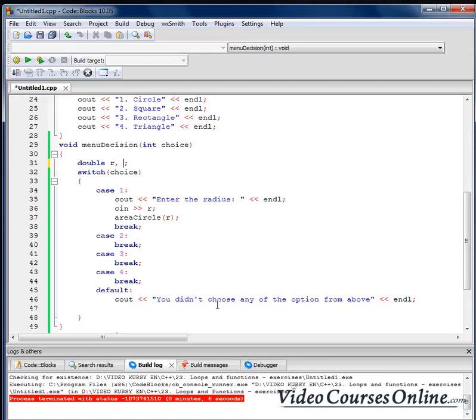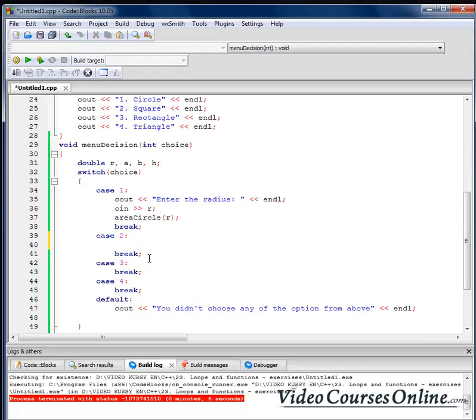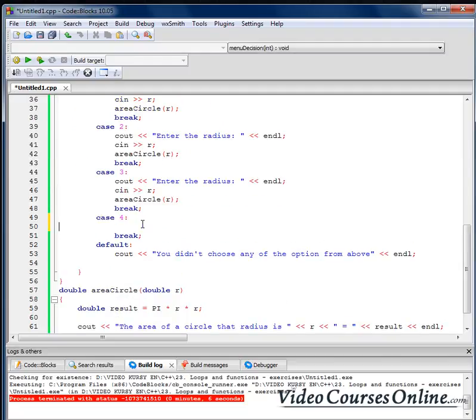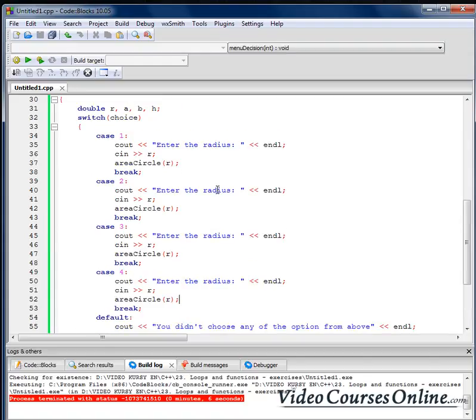So we can now create other areas. We will need the variable for sides, for square, so for example A, for rectangle 2 sides, so A and B, and for triangle we will need also the height of triangle, so we need variables like that. And now we can just copy that guys here like that, and we'll just ask enter the side of a square,